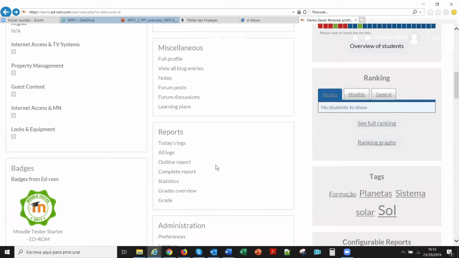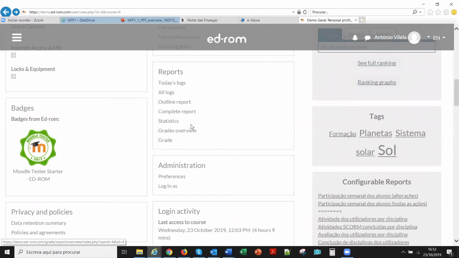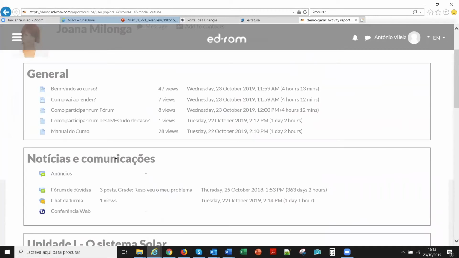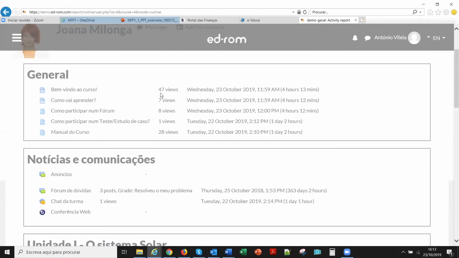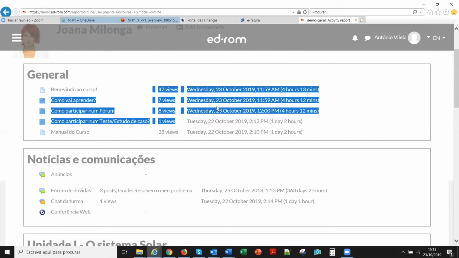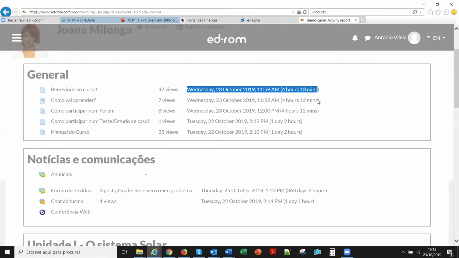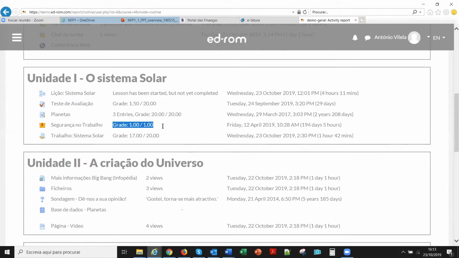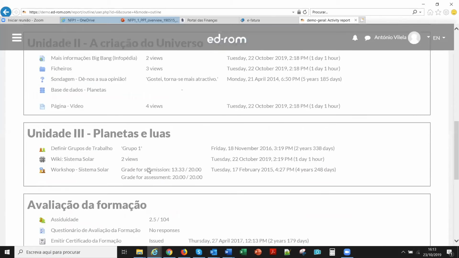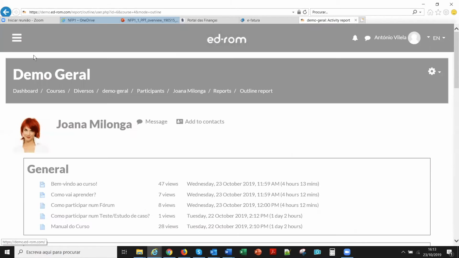and you have here then some more synthetic reports, like the outline report. The outline report will show you, for each resource and activity that there is in the course and on the different sections, how many views the user has and when was the last access. So you have here plenty of information. Also, you have here the grade when the activity is graded. So this is a nice